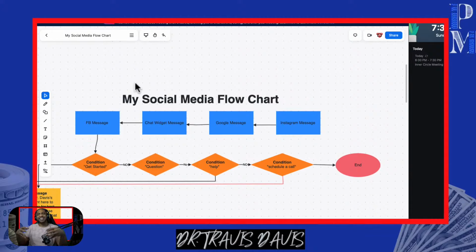But inside of our tool, we can automate Facebook. We can automate the chat bubbles that you see on websites. So if you go to govconcheatcode.com or to sbmoneyflow.com, you'll see a bubble on the bottom right-hand side, and that's our chat widget. So we can automate that. We can automate Google. If you have your Google My Business set up, which you should, everybody should, you can automate when people send you messages on there. So this is why it works for online and offline businesses. I don't care which business it is, you need this, okay? And most importantly, Instagram DMs. We can automate the Instagram DMs.